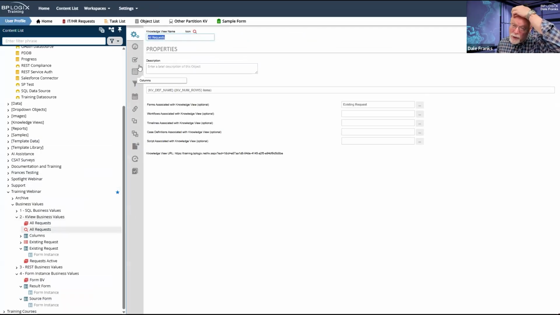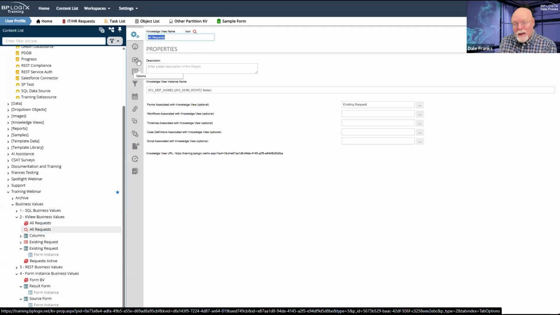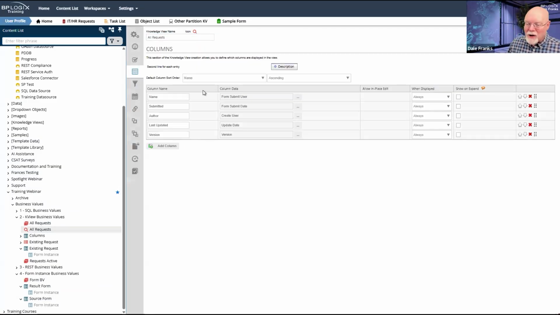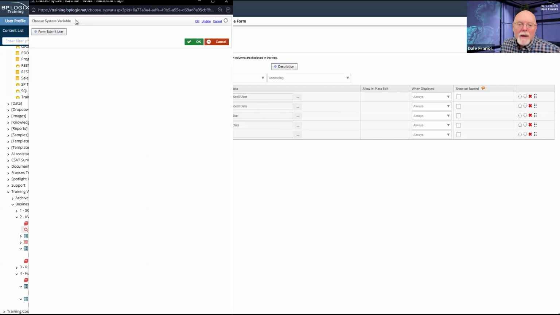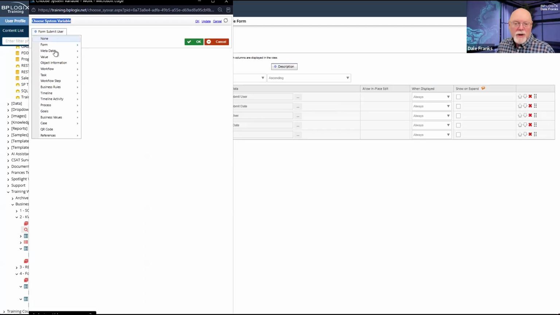Well, one of the cool things about knowledge views is that I can kind of massage these columns. All of this column data that we're showing here, there's a reason this is called the Choose System Variable dialog box, because that's all that we're choosing.